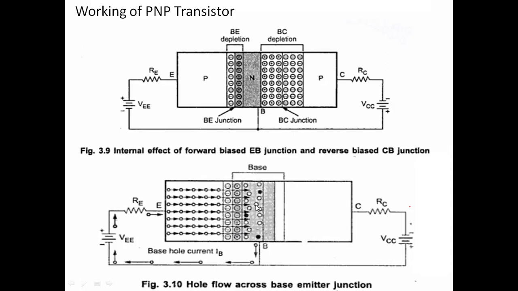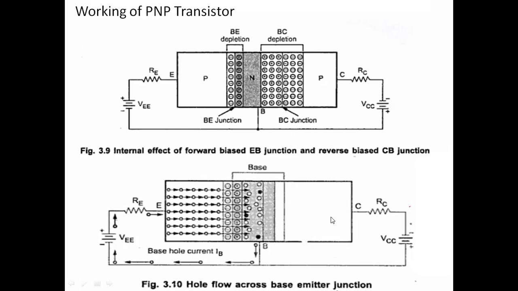Whereas in the base region, the N region has majority charge carriers which are electrons, but it is lightly doped. That's why a small number of electrons will recombine with the holes, and due to that we have the base current IB. If you assume that 100 holes are coming towards this base region, 2 holes will recombine with the electrons, and due to that we obtain a small amount of base current, and the remaining 98 holes cross this base region and enter into the collector